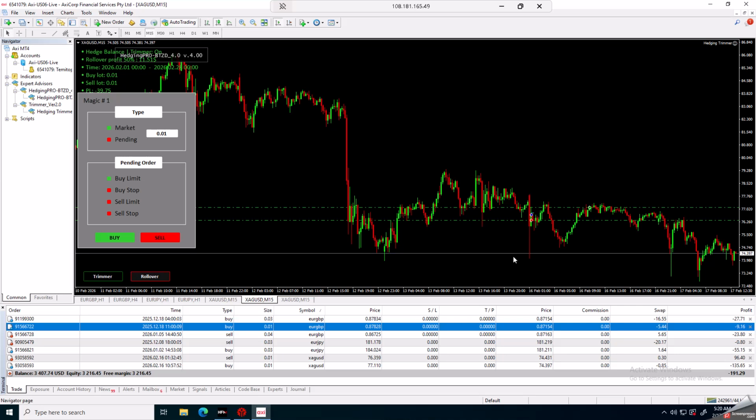Things. How do I think with my trading? How do I use all my tools? If you look at